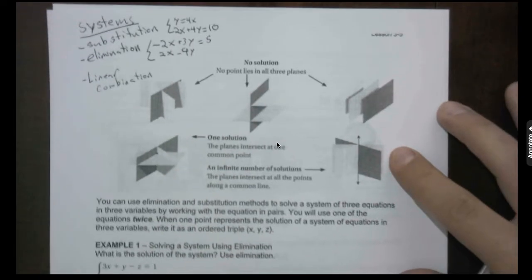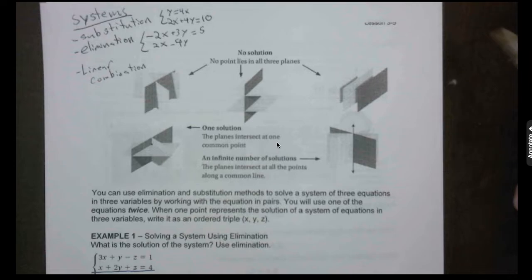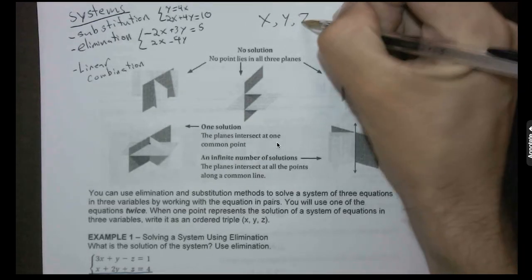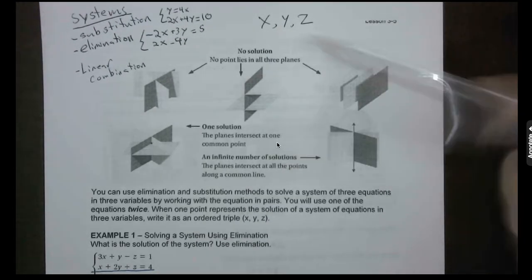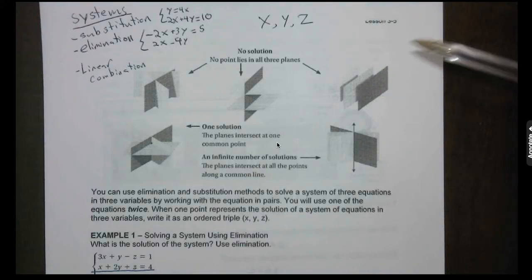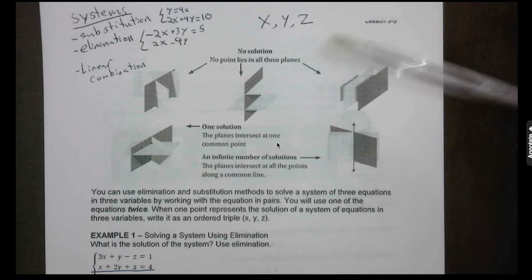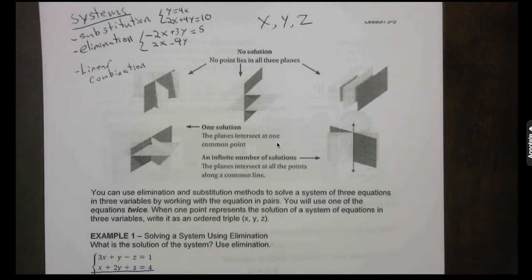As we work now with three terms, that's pretty much the main change in this section, is that now we're working with x, we're working with y, and we're also working with z. So we're working in 3 dimensions now. As seen here, they go over a visual of what this looks like in the context, saying that we can have a system where there's no solution, so no point lies in all 3 planes, the x-plane, y-plane, or z-plane, so 3 dimensions, notice. We may have one solution where there's only one unique intersection for all of those planes,